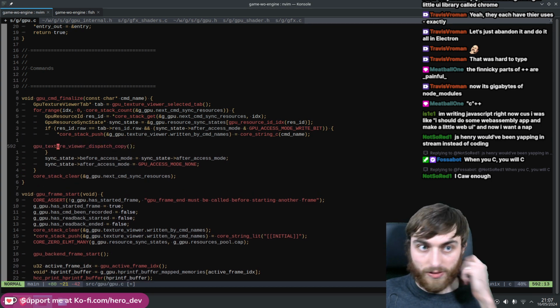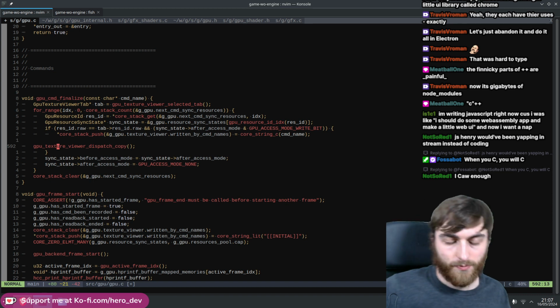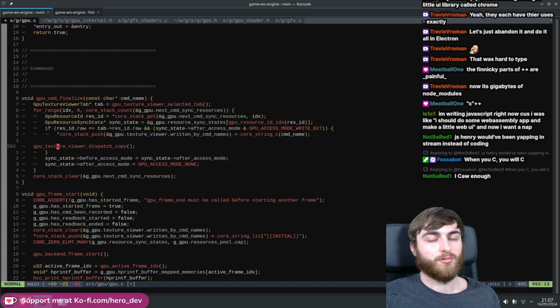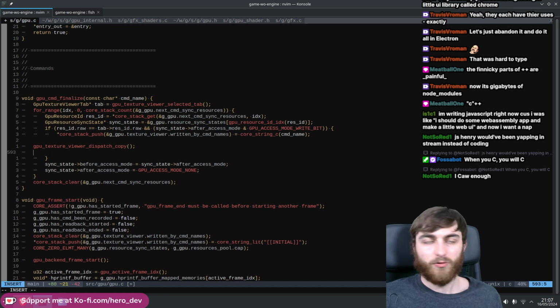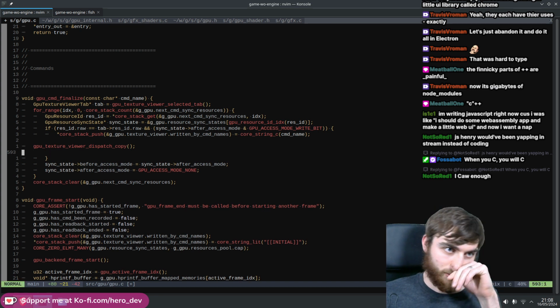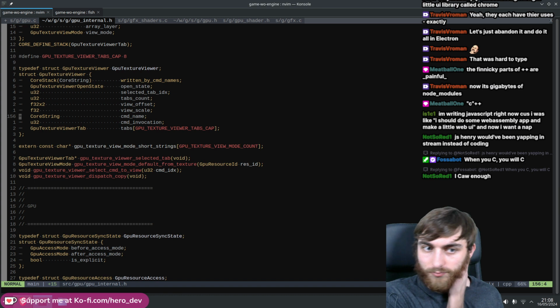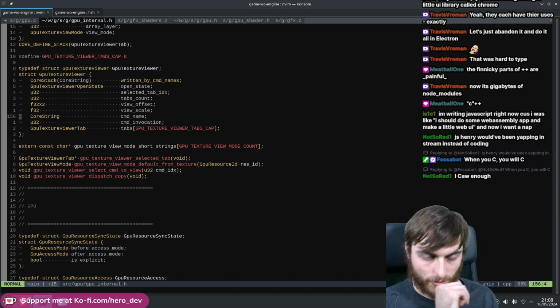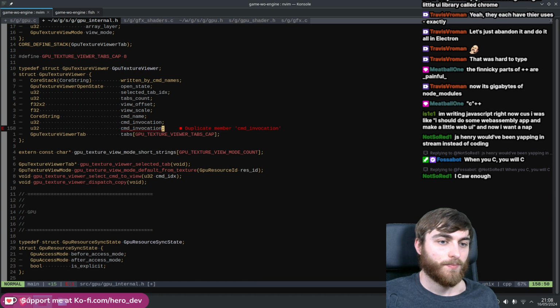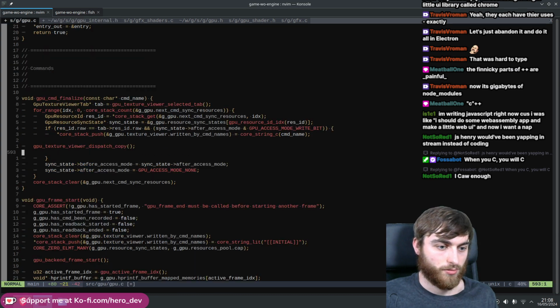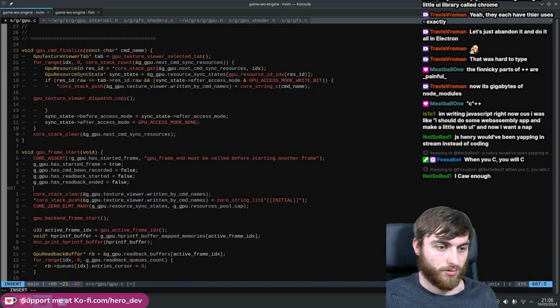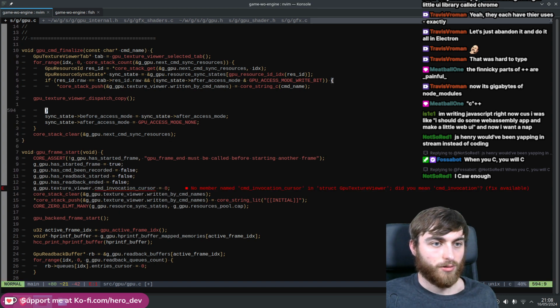So what we need to do is keep track of the command name, invocation, cursor, I guess. So this is when we're looking for it. So when we start the frame, it's just right here, look at that. GPU, texture viewer, this thing, 0. That's 0. So if core string equal